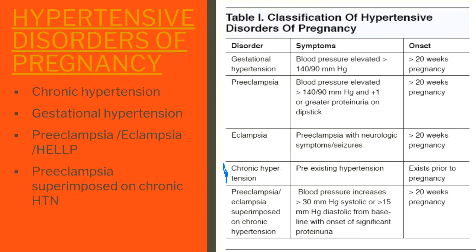We're going to talk about those other organ systems in a second. If those things are affected and her blood pressure is not at 140 over 90, that is called chronic hypertension superimposed with preeclampsia. So you have to be careful when your blood pressure reading goes up that much from your baseline. You have to be vigilant about that. You don't want to ignore it. Okay, so those are all the types.